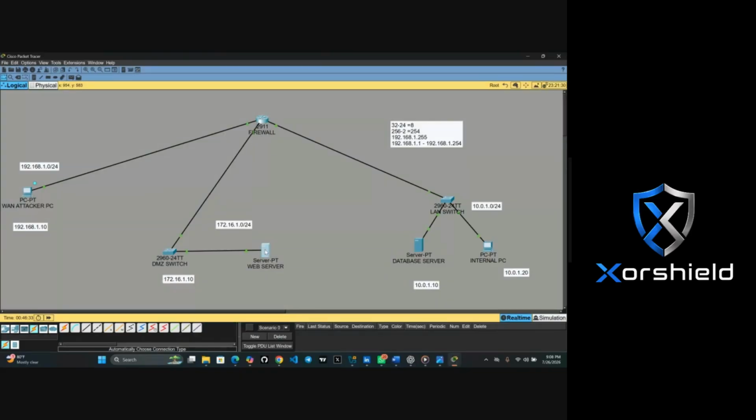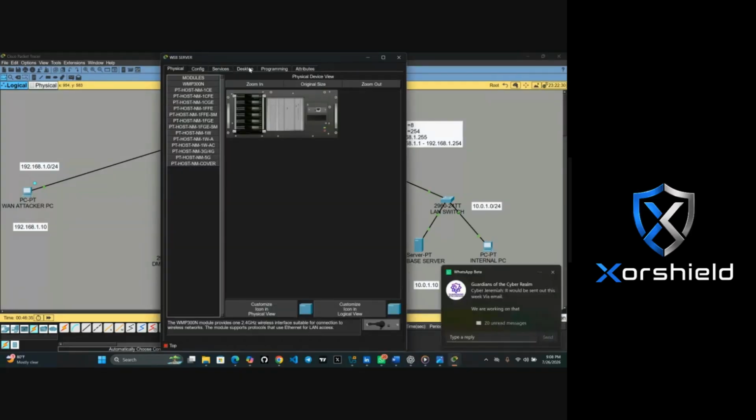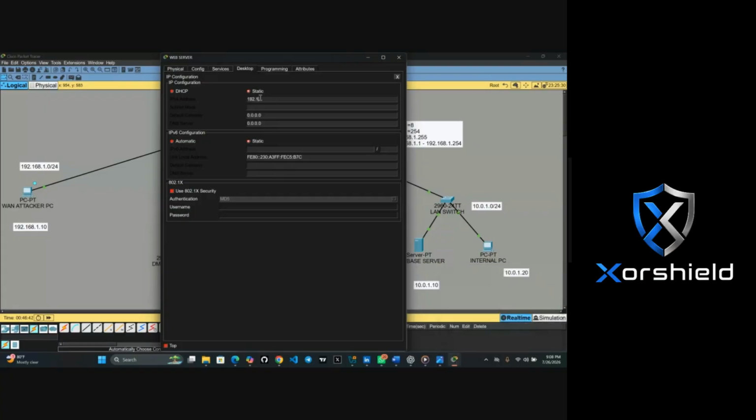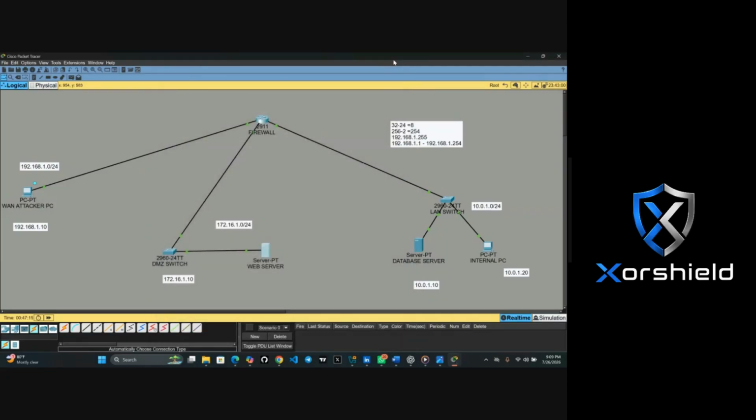Your server, go to your desktop: 172.16.1.10, default gateway 172.16.1.1.